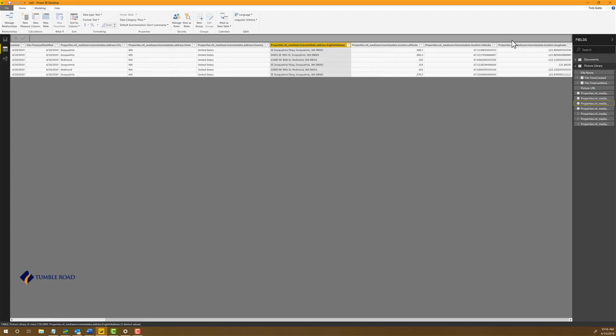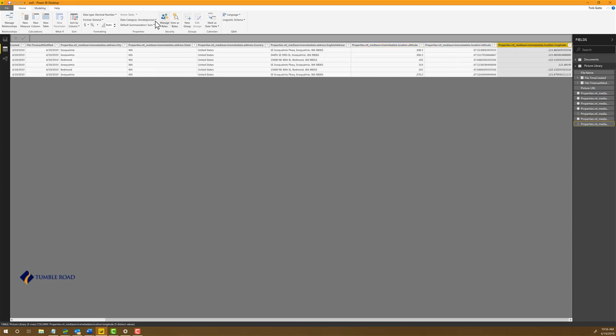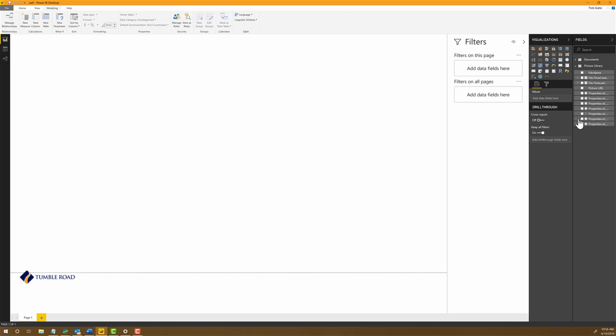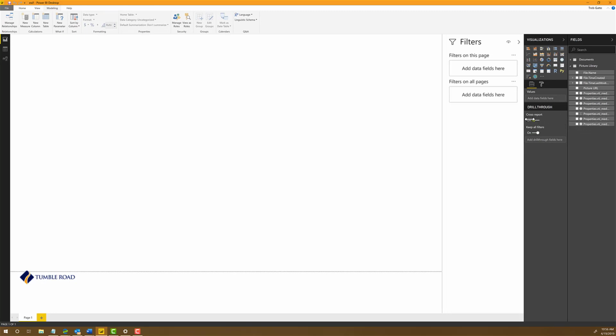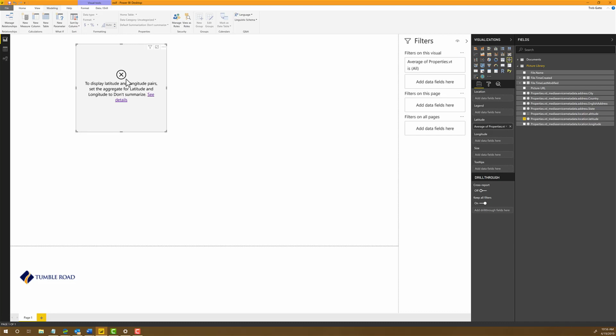And then as we get over here to latitude and longitude, these are also categories. So we're going to call this latitude. I like the way it automatically filters the list to which you can select, longitude, and now we're all good to go. So what this will do then is that if I drag in, I probably should have renamed my columns, but I didn't. But if I were to drag this in, like so, it should start to get a